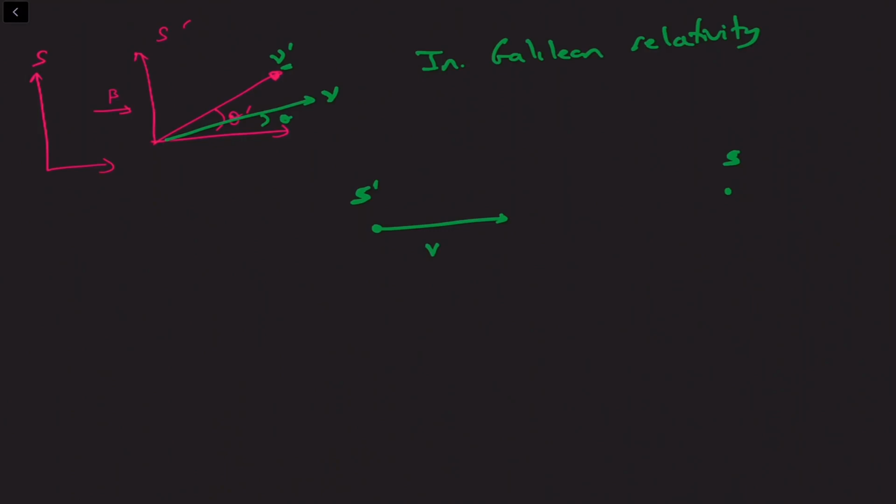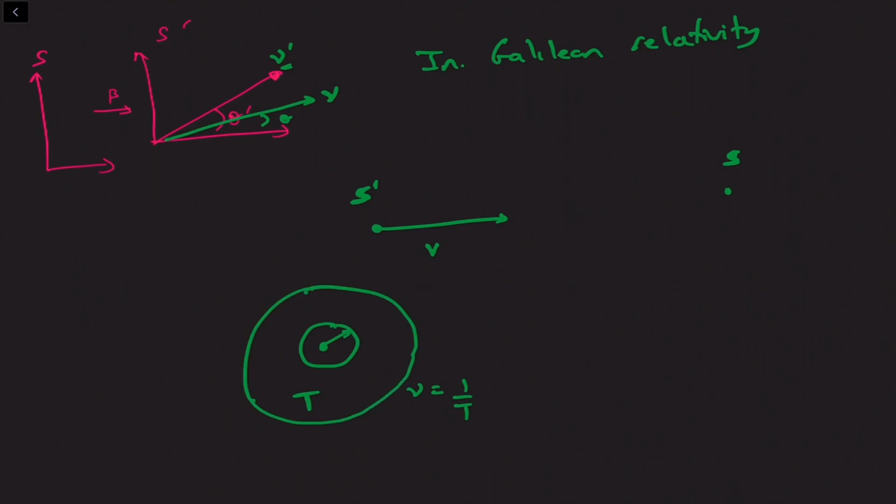So now let's imagine that according to S prime, in their frame, they are at rest and they are emitting light beams, and the wavefronts of the light are emitted at every time interval t. So after time interval t, they will emit a set of waves, or a wavefront, and the inverse of this time period is the frequency, and these wavefronts travel outwards